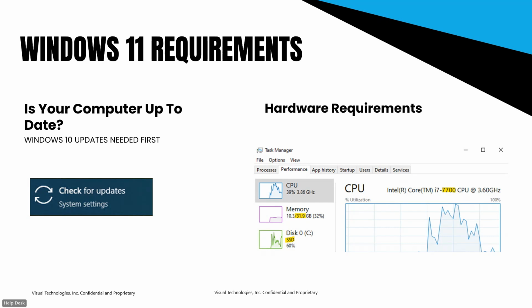And then those three data points, remember: CPU, memory, and having an SSD. You want to have a CPU that is 8th gen or greater. You want to have 16 gigs of RAM, and you want to make sure you have an SSD to have a good experience with Windows 11.